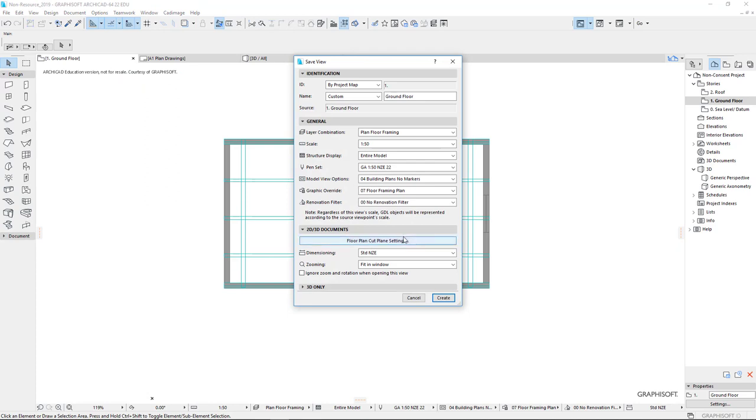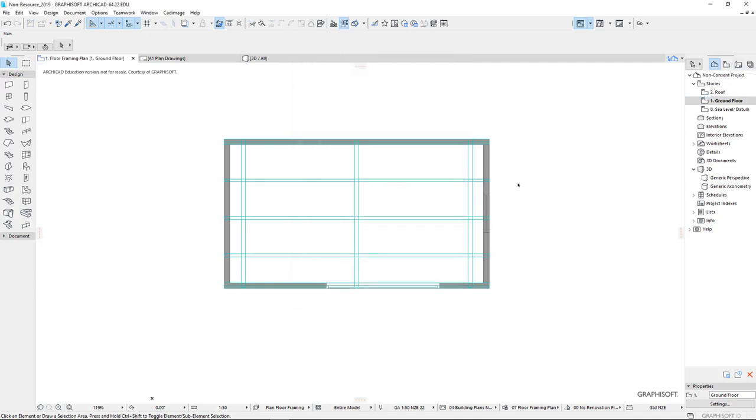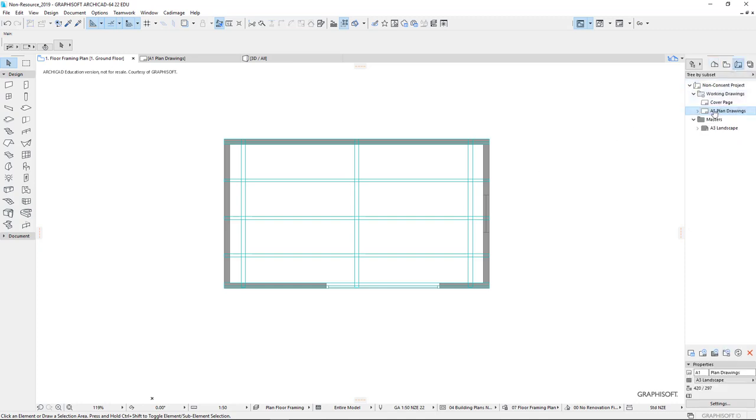And one of the cool tricks you can do with this is you can say restore my current zoom, which is quite handy. So this was custom, this is our floor framing plan, and create. So if we go back to our layout book, that's this one here, let's have a look at our plan,